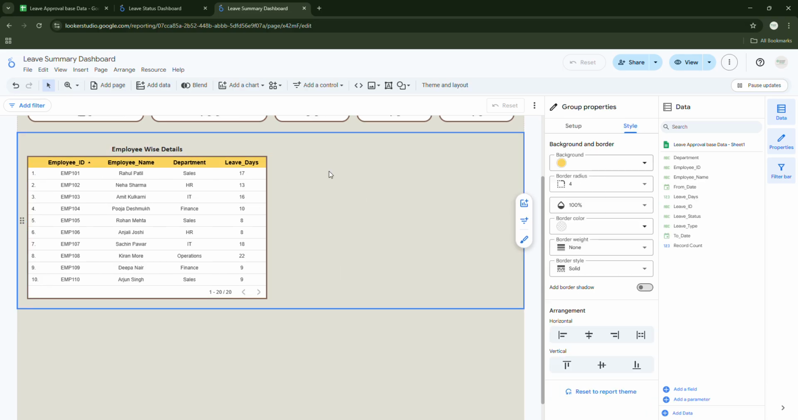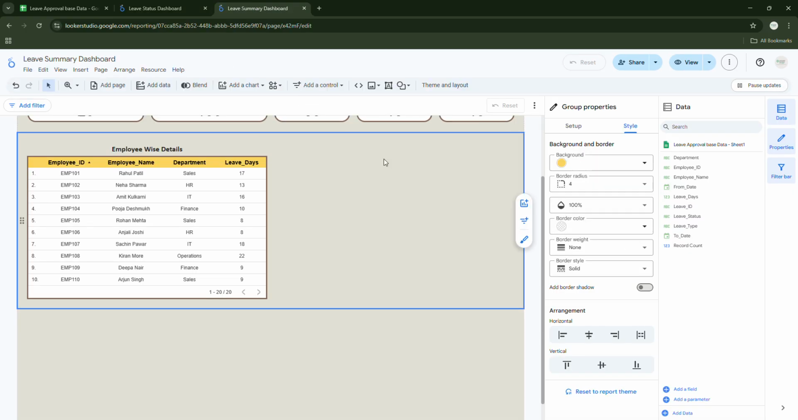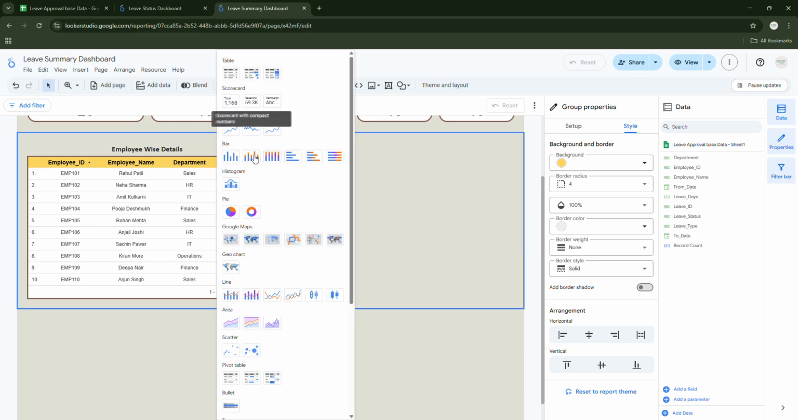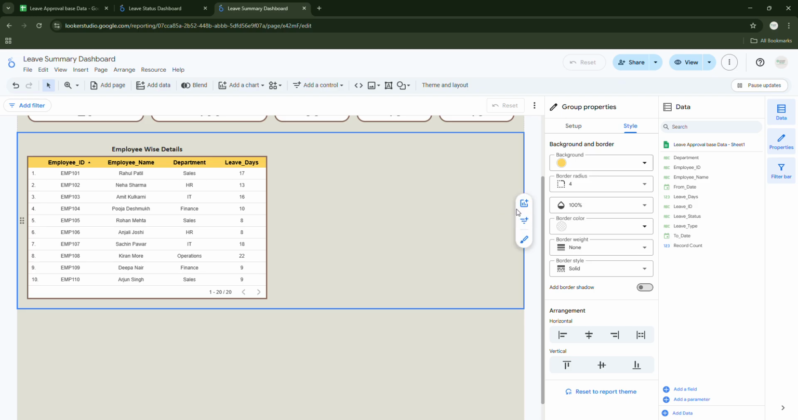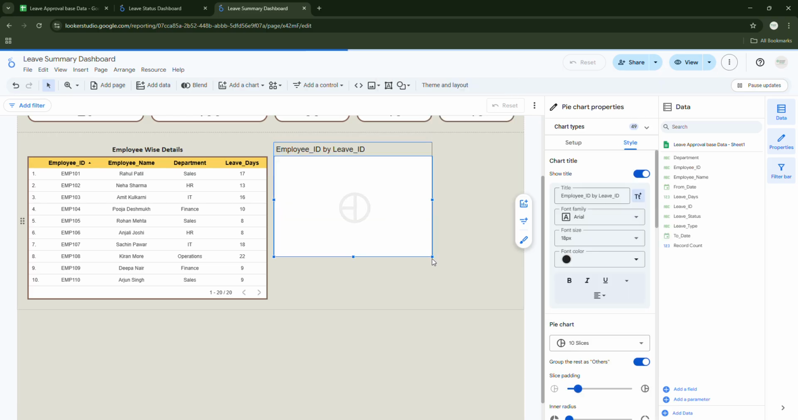Okay, next table is nothing but we want to put leave distribution by the departments. How should we do it? Now you can add the chart from here also, or you can add the chart from here also. Just click here. What do you want? Pie chart. Okay, go ahead, select the pie chart,